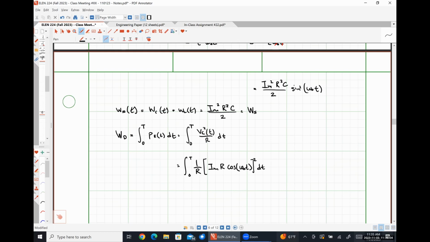To put it bluntly, no. Let me explain why. We know that there is no average power absorbed by capacitors or inductors. That's really what we're dealing with here. The average power absorbed by a capacitor over any number of cycles is 0. The average power absorbed by an inductor over any number of cycles is also 0.